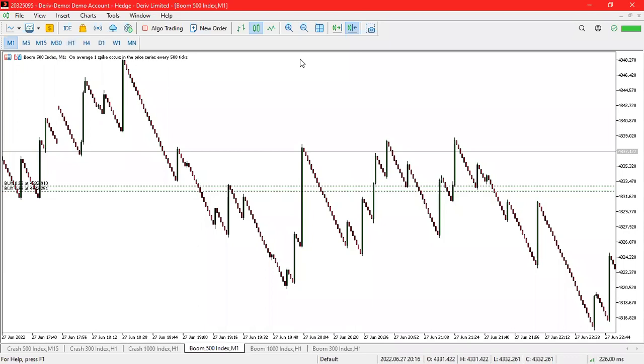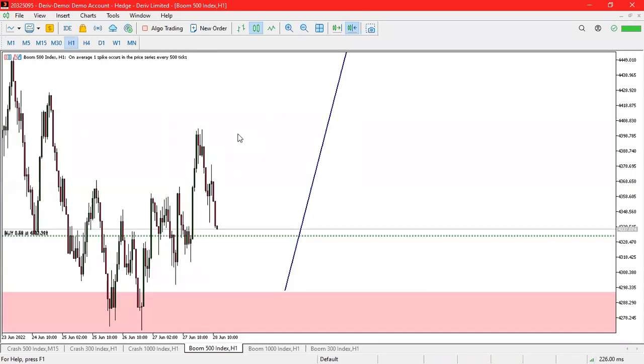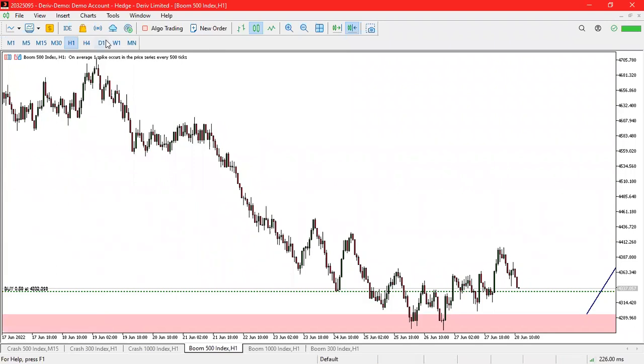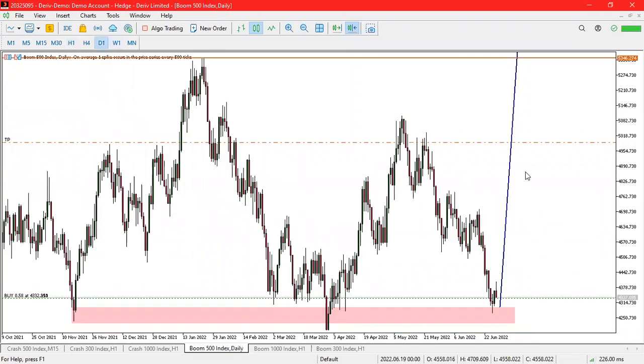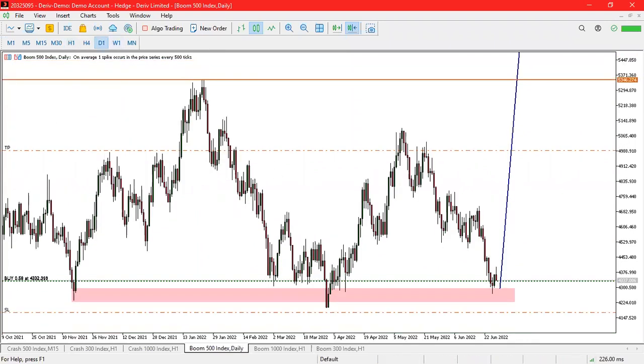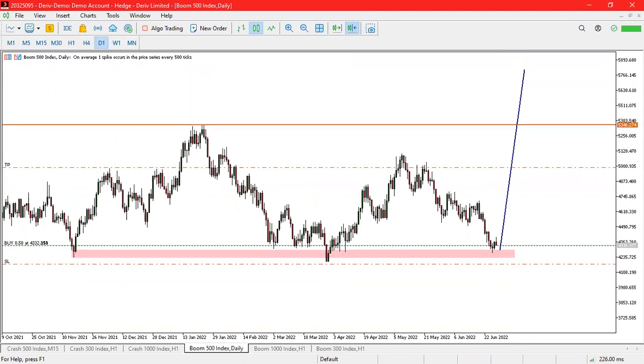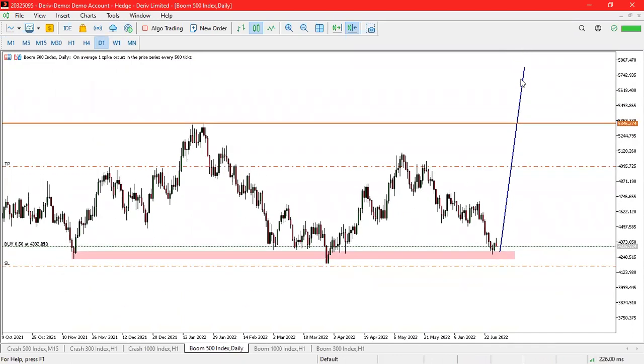We're having boom. This is boom. Let's go to the hourly chart. If I remember, I made this setup on a daily chart. You still remember? I told you, here's the prediction, here's the area. Everything is here, guys. This is the setup that we made yesterday. You see, everything is here, guys.